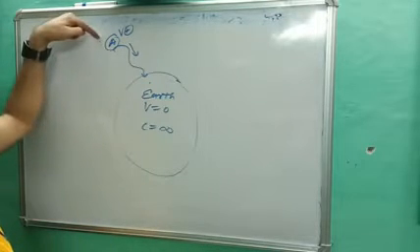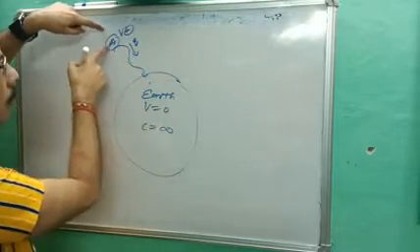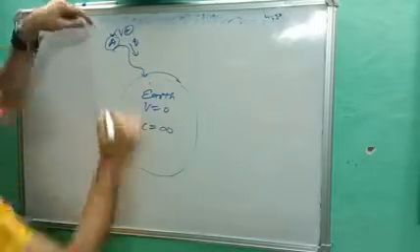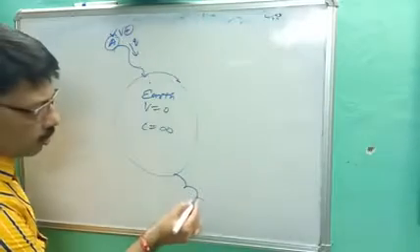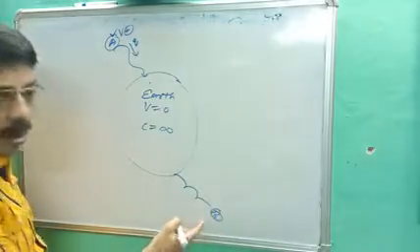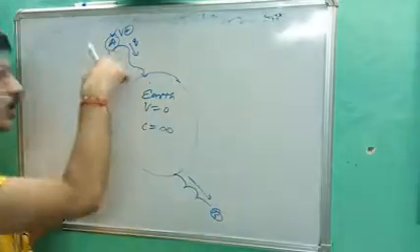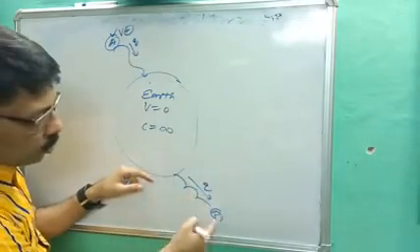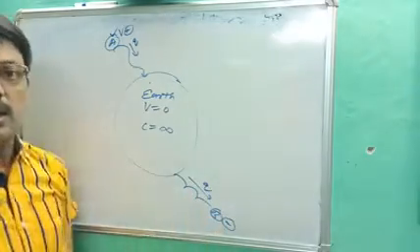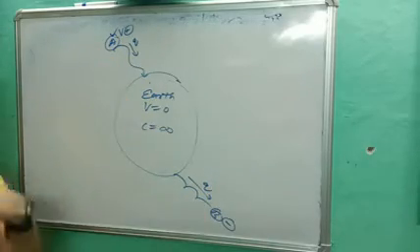If any body is connected to earth and charge is drawn from the body to earth, then this body is at positive potential. In the other case, if another body B is connected to earth and charge is drawn from earth to the body, then this body is said to be at negative potential. That was positive potential, this is negative potential.